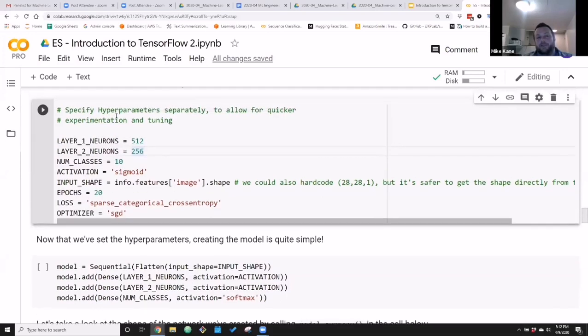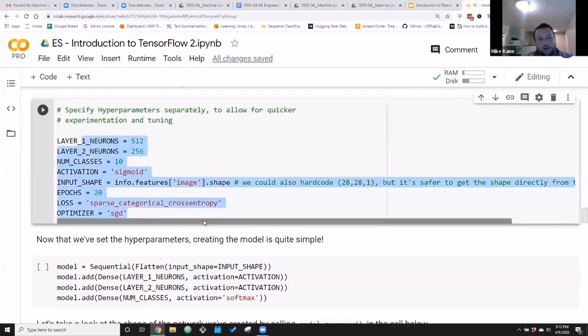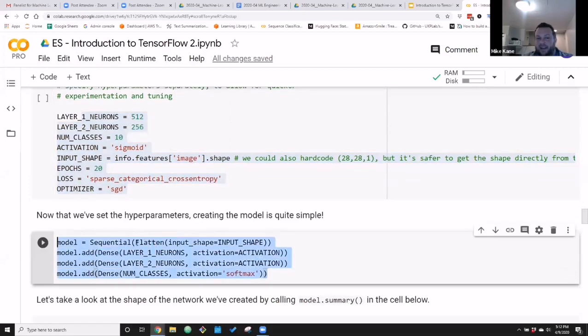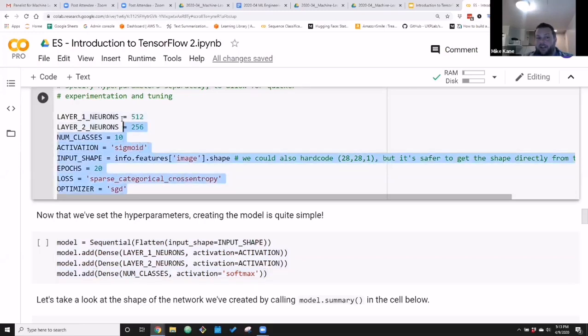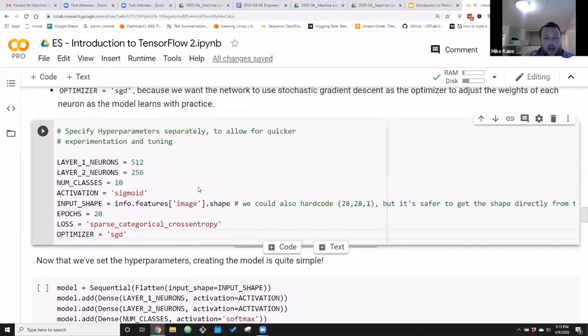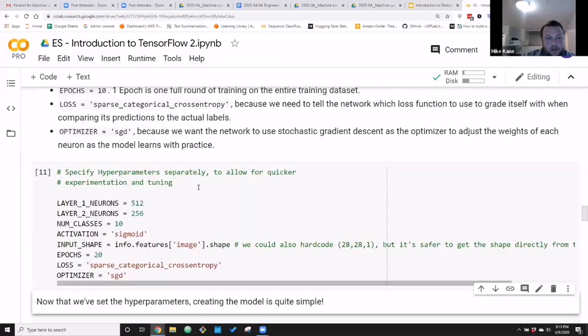So we pull these parameters out into a separate cell. We type them here. And that way, once we've written the code for the neural network, unless I want to add another layer, I might sneak in another model.add and add a layer. That's the only reason I would modify this code. All the rest, I literally just change some numbers here and I fire away, right? Or maybe I write a script and I say, hey, I want you to try 512 here. And the next I want you to try 1,000, and then I want you to try 200, and you can just kind of script it, and use all those wonderful tools we software developers have to make ourselves intelligently lazy. So I'm going to go ahead and run these hyperparameters here.